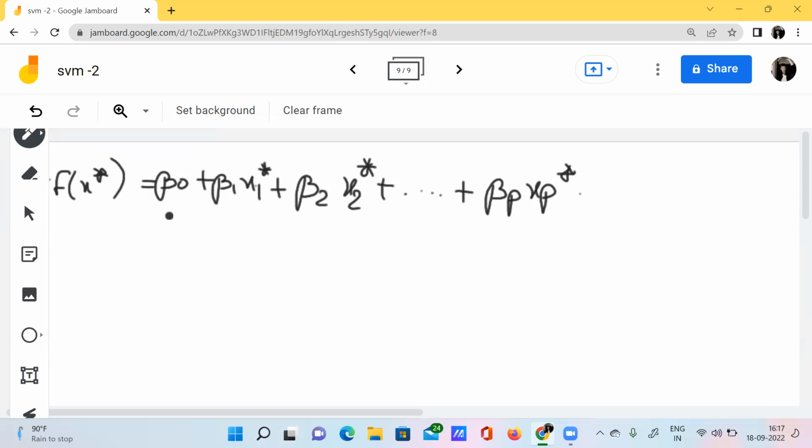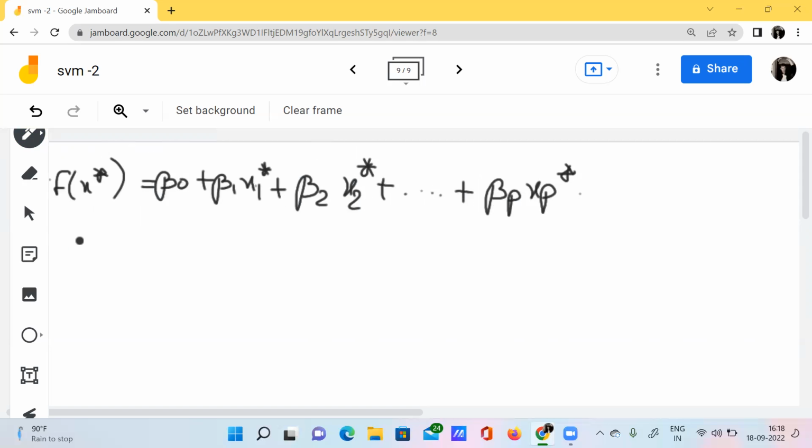So this would be our equation. These are all the parameters. This is the intercept, and beta 1, beta 2, beta 3, and so on up to beta p are all the slopes. And x1, x2, x3, up to xp are all our features, nothing but the columns. And f of x is nothing but our model. This entire equation is a representation of our model.